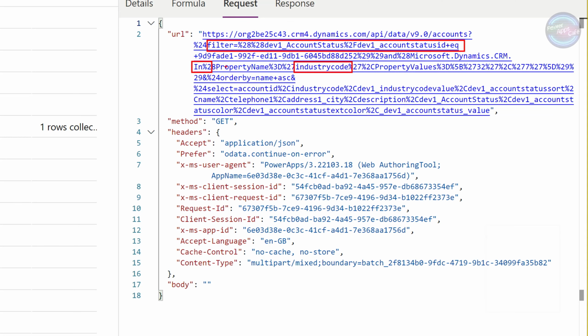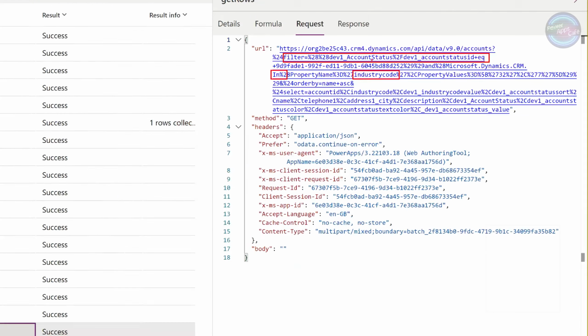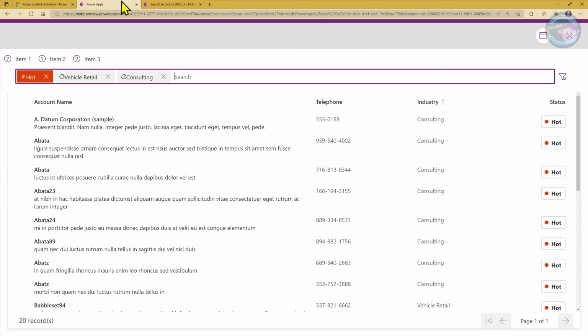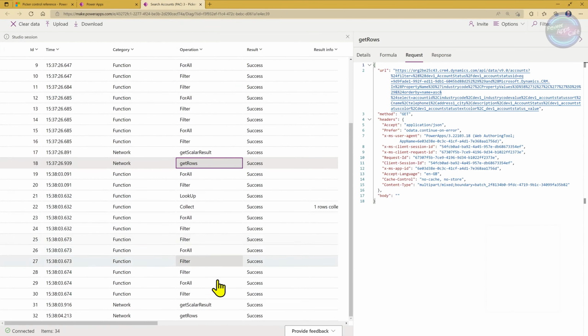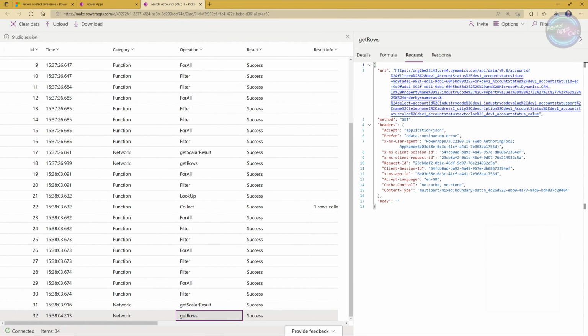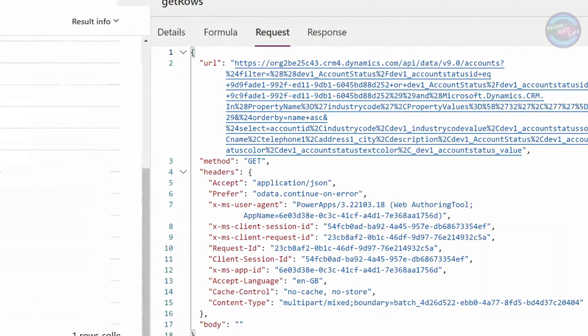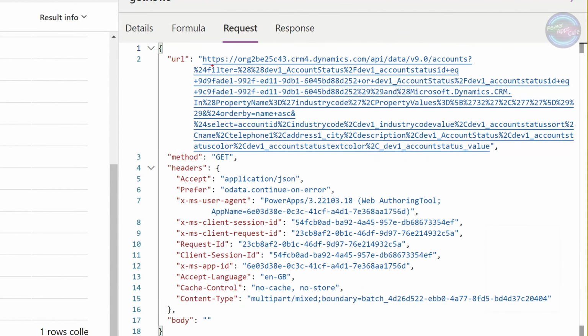So the more filters I add, so if I add another filter on status, let's say cold, like that, and go back into get rows, what we should see now is an OR statement. So we're looking at the account status and we're looking at equals, and we've got the GUID here, and then we've got this OR as well, and then we're doing another equals.